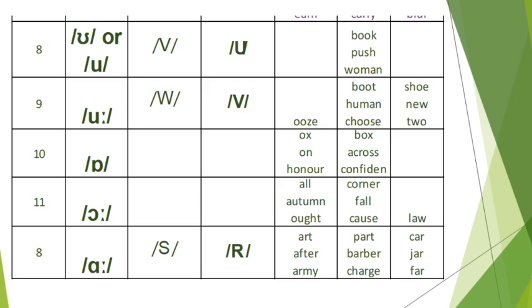The end R is not pronounced in English. I already explained this rhotic sound while explaining the consonant sounds. Jar, far. My car is far away. Don't say "my car is far away" with the R; say it without. My car is far away. Now let's move on to the spelling of all these.